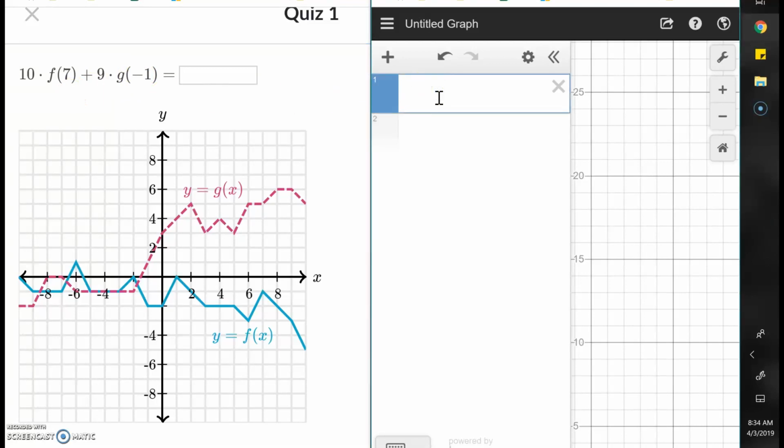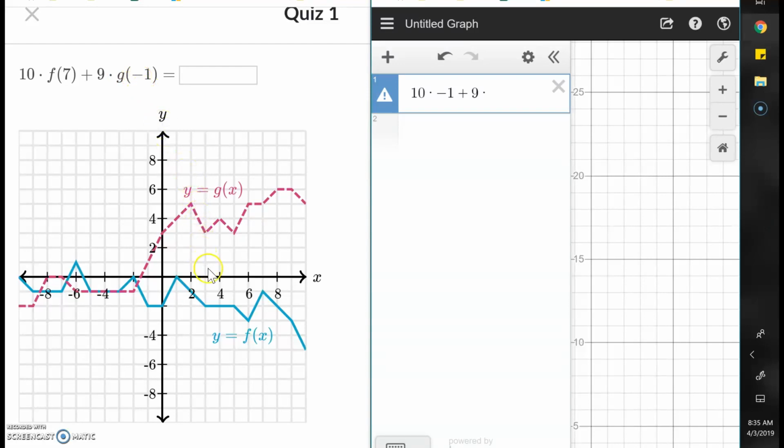So we got 10 times the output for 7. So I go to 7 for X. Boom. I'm going to the F line, which is right here. Boom. I'm going to the Y value, which is -1. So I'm replacing f of 7 with -1 plus 9 times, and now I'm replacing g of -1 with a